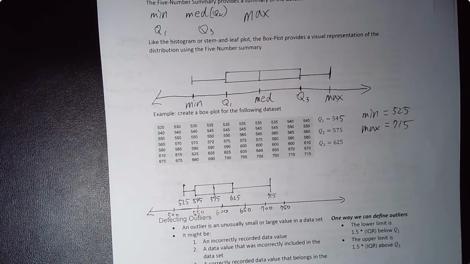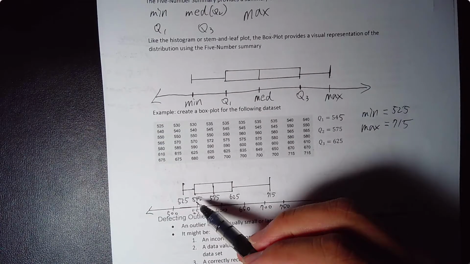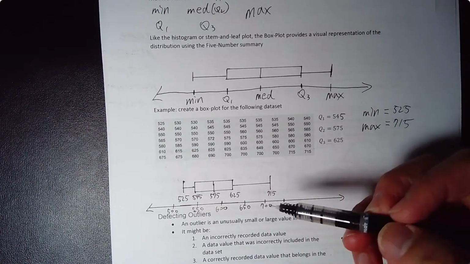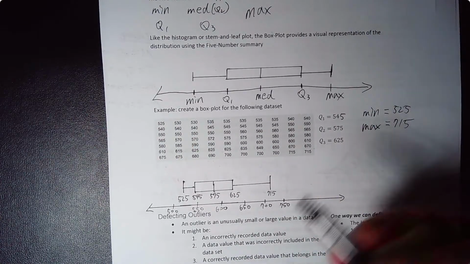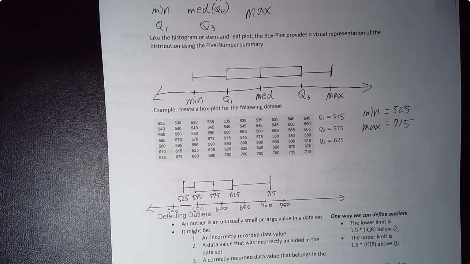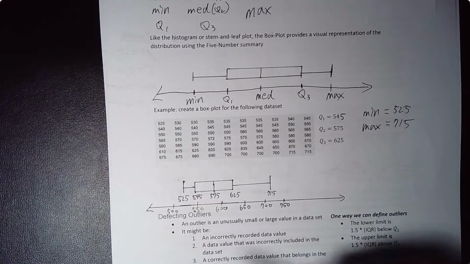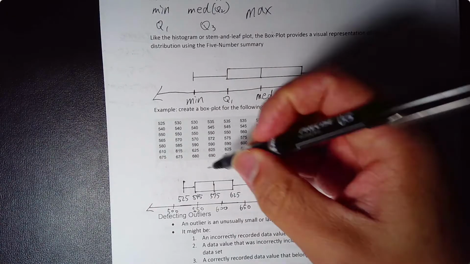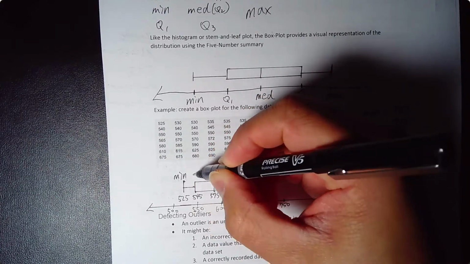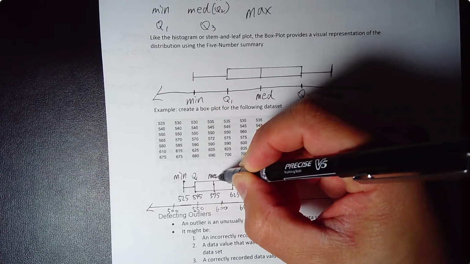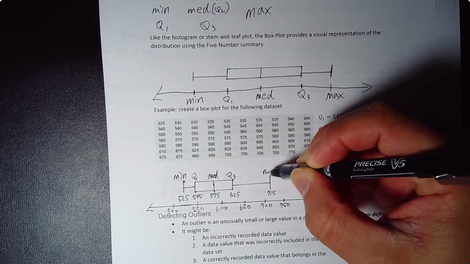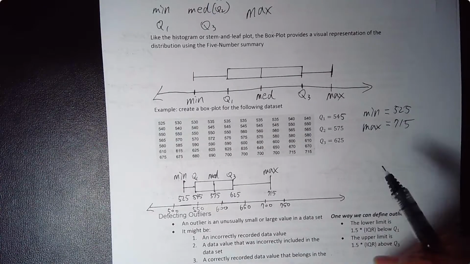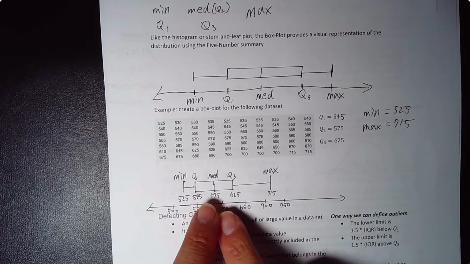Okay, so this number line is optional, but I just want to illustrate approximately where the numbers go. Obviously, if we had graph paper, this would look even better, more to scale. But this gives us a nice visual. Here's my min, here's my Q1, median, Q3, and my max. With these 5 numbers plotted here,